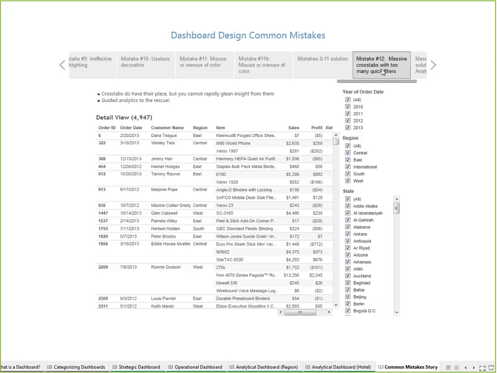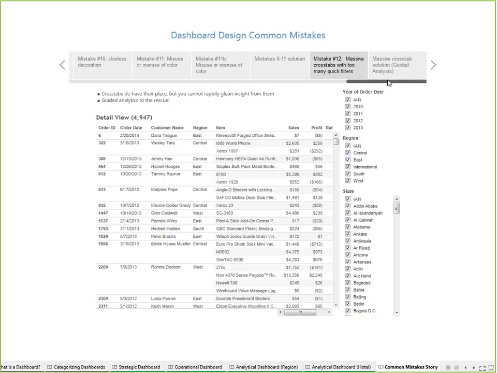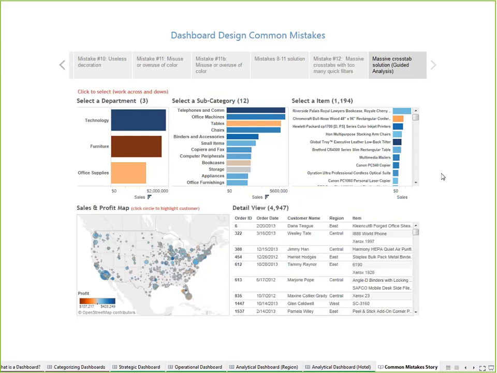And not only is it a clunky process, but crosstabs by their very nature are not easily perceived, so you don't get a lot of insight out of a crosstab. And finally, in Tableau, crosstabs can be very non-performant. It's lots of marks on your screen. You've got these quick filters that create unnecessary querying to the underlying data source. It's just not a great user experience creating these massive crosstabs. But the good news is there's different solutions to the massive crosstab problem, and one of those solutions is what